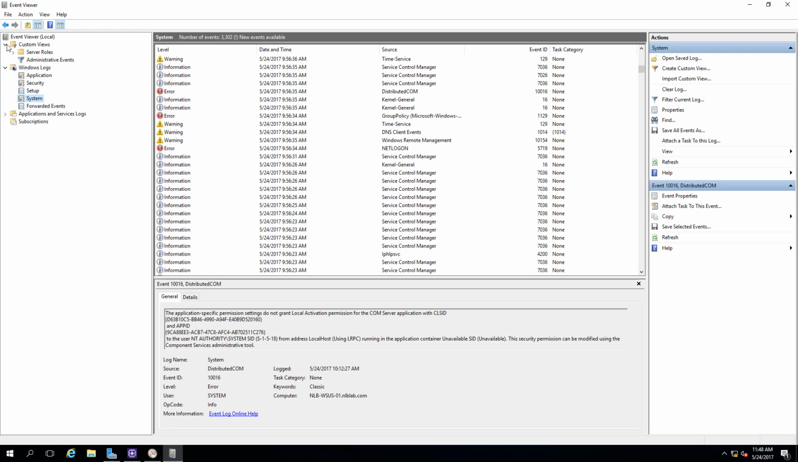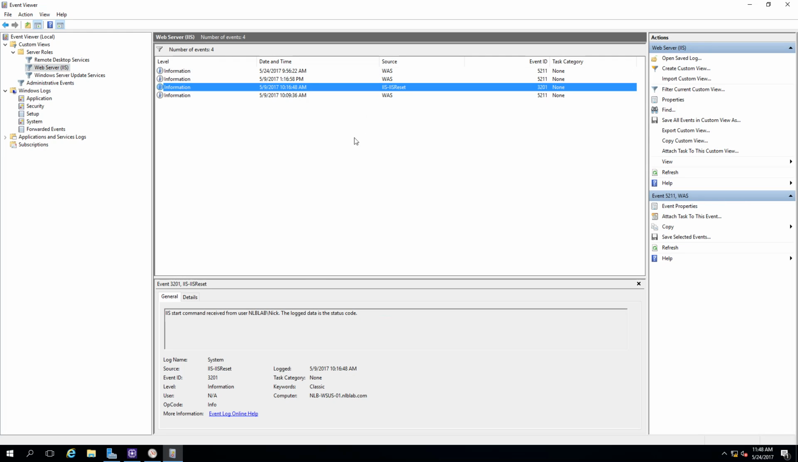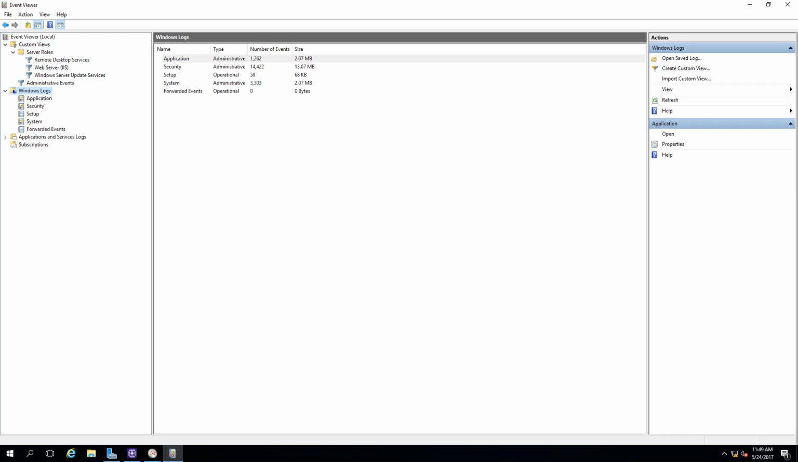On the top, the custom views are any specific roles that you've installed on the servers. On the server, they will create this custom view, so it will gather all the events related to Remote Desktop Services, for example, or web services, IIS. So you can see that there was a command received from NLB Nick to restart the IIS service. So this is great information for every administrator to have an overview of the system, of the events that are going on the system. And what you can do is you can even create your own custom views, as I